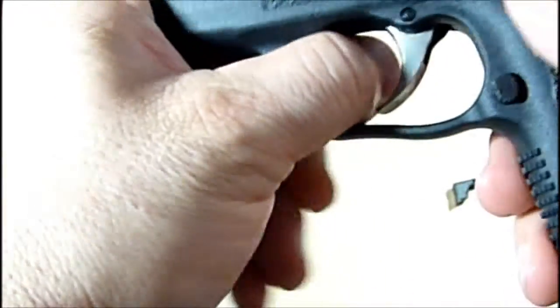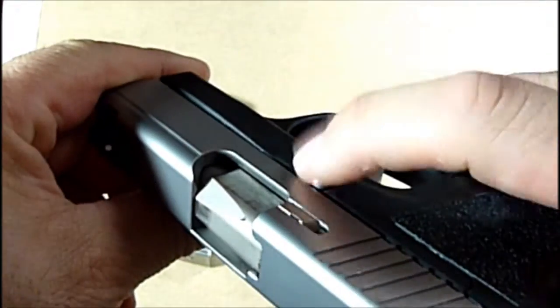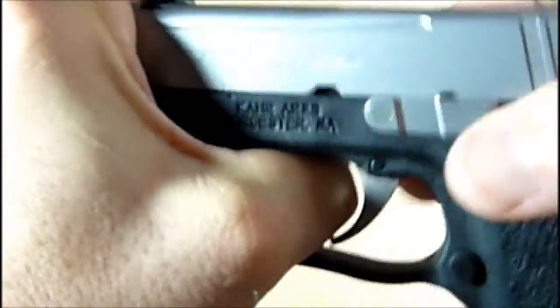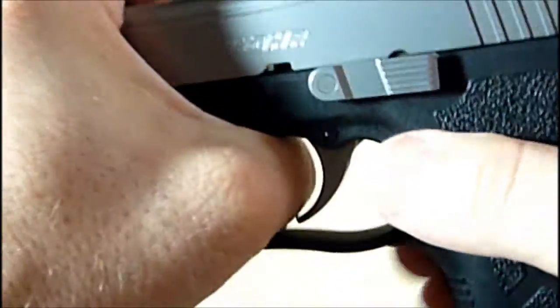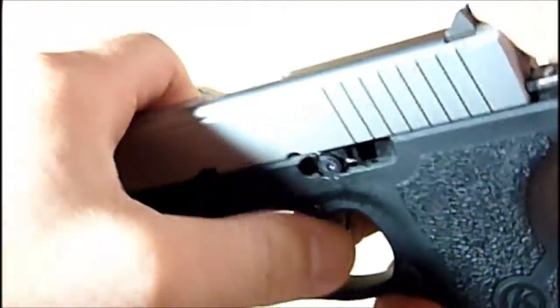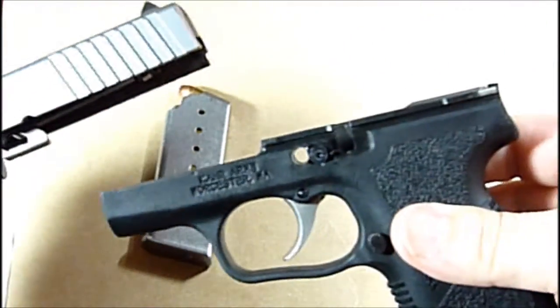Push the slide backwards until the indexing marks match up with each other, and then from the other side take your finger and push in on this at the same time that you're lining up the index marks, and you'll notice that this catch, your slide catch, starts sliding out. Just grab onto that with your fingers, pull that out, it comes right out, and your slide will come undone. Sometimes you have to actually pull the trigger again